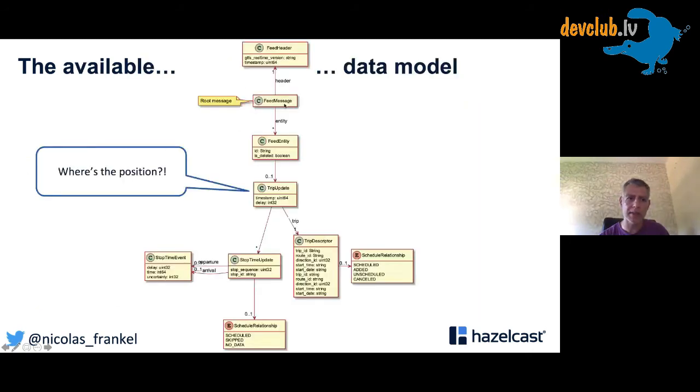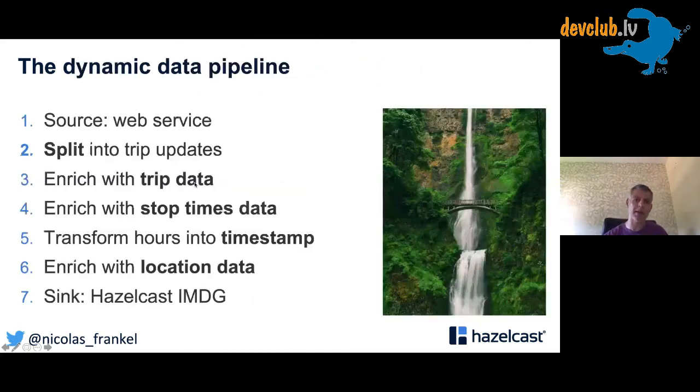I will split it into different trip updates, and after each step in the data pipeline, I will enrich it with data that I already preloaded from the static files in memory, because remember, I don't want to open the file every time. I want to preload everything into memory and then be very, very fast.